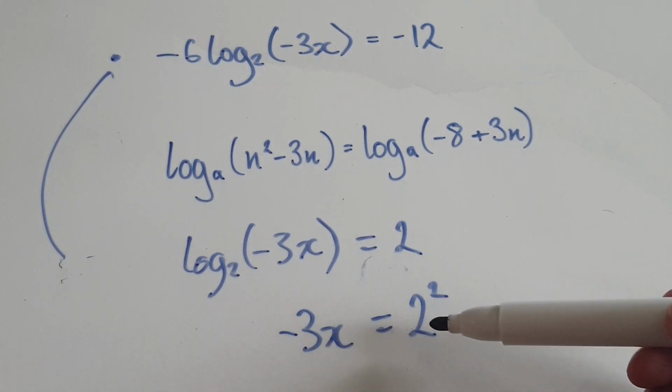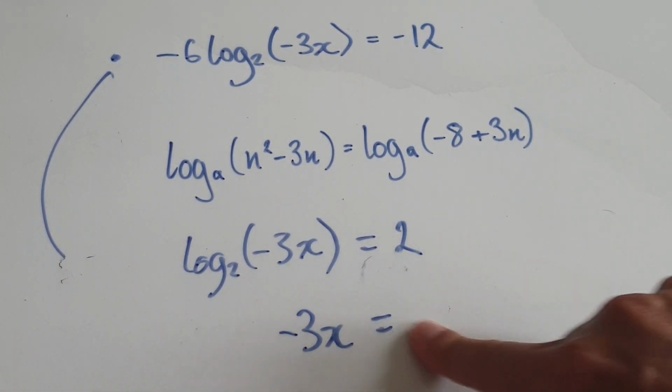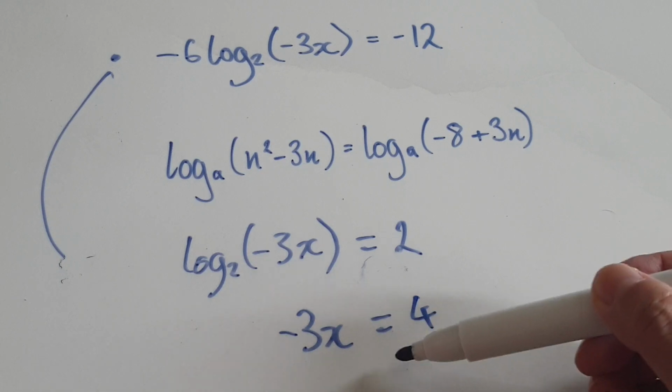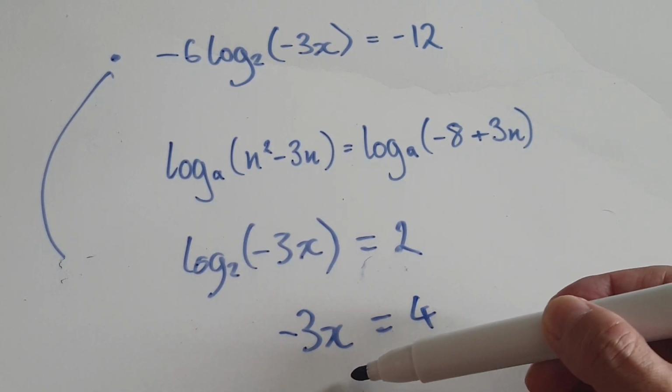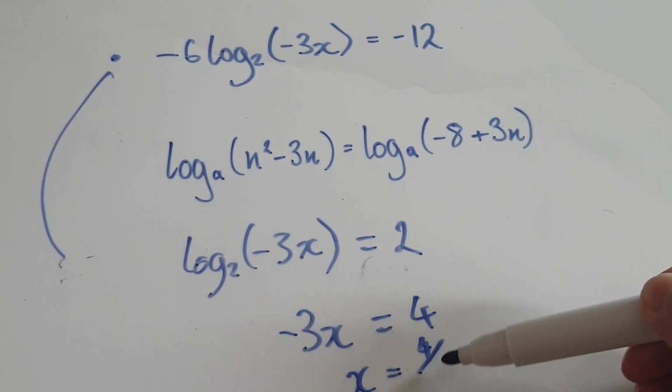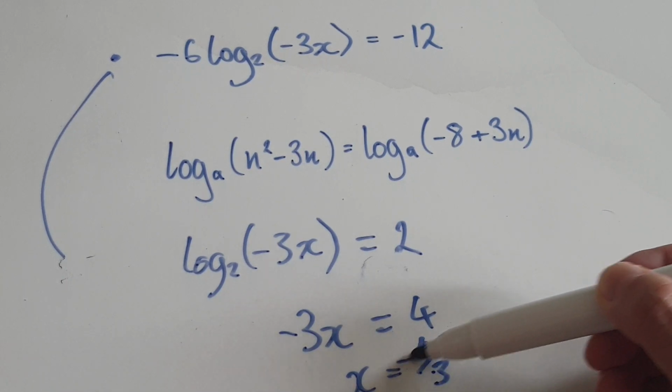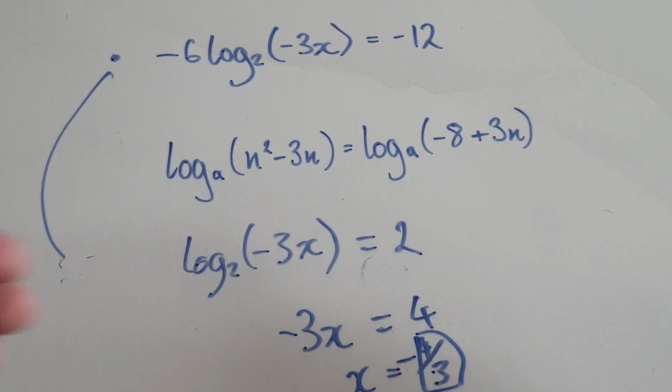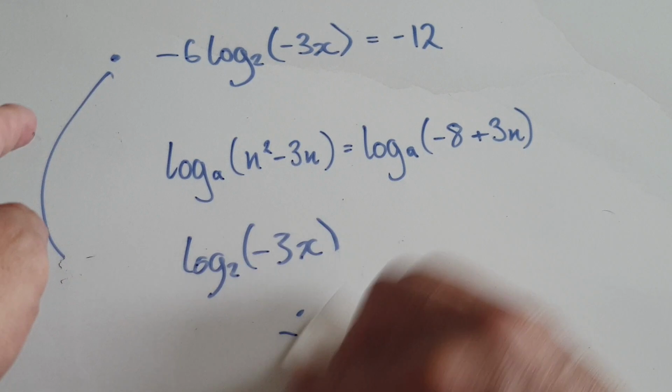And then now get x on its own. This is the number 4. So now divide both sides by negative 3. That will then be 4 over negative 3, which is negative 4 over 3. Okay, so for the second one,